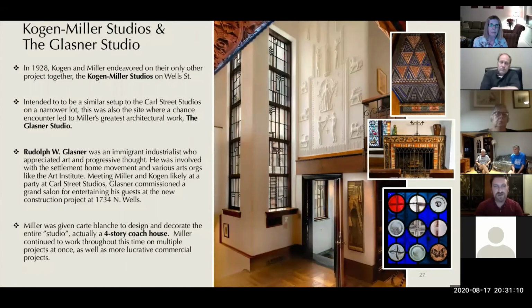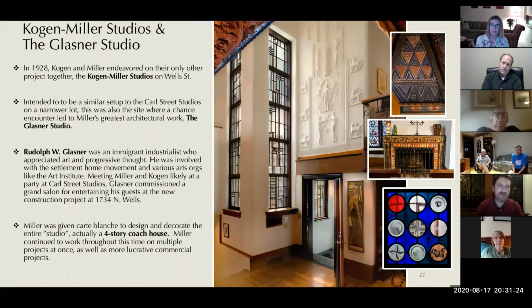It should not go without mentioning that Miller's masterpiece, the Glasner Studio, is on Wells Street and was started in 1928 as a second art colony just up the street from the Carl Street Studios. And it's a really interesting site because there are, in the Kogen-Miller Studios, 8 original studio units. I believe there were about 15 in the Carl Street Studios. But in the Kogen-Miller Studios, a patron named Rudolf Glasner noticed what the young artists were doing and was so fascinated and captivated by their work that he actually asked to have his own atelier salon built at the back of the lot at 1734 North Wells, which became known as Glasner Studio,